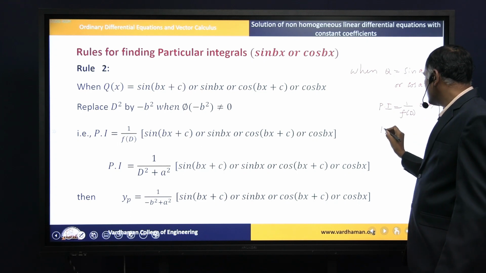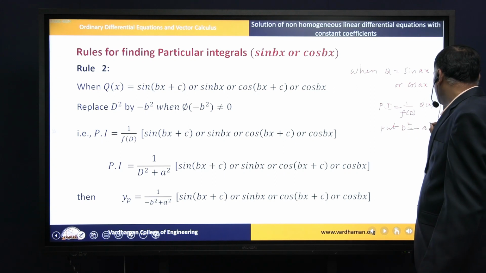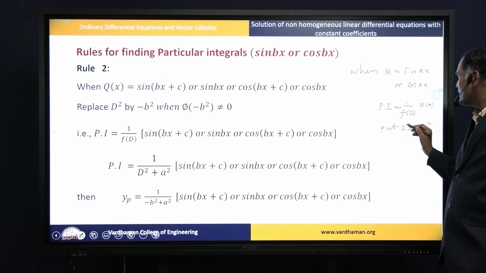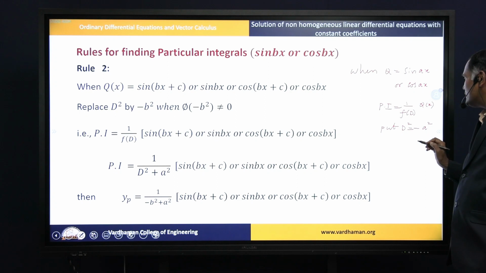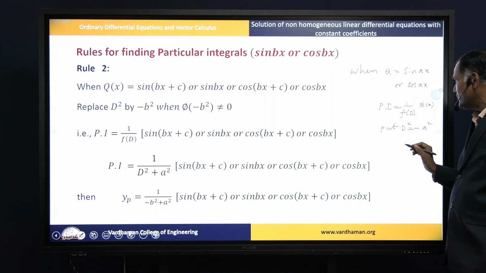Here replace D square with minus of a square. Wherever D square is there, write minus of a square. In place of D, don't write anything. In place of D square only we should write minus of a square. Then we get